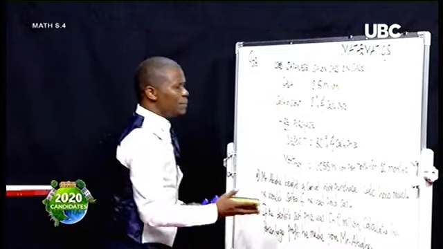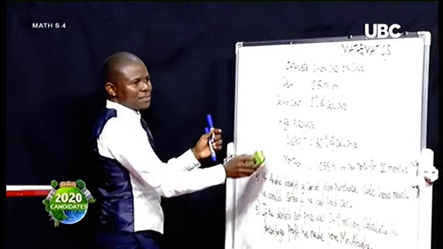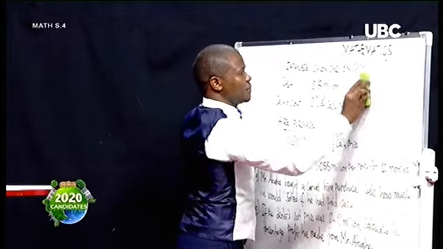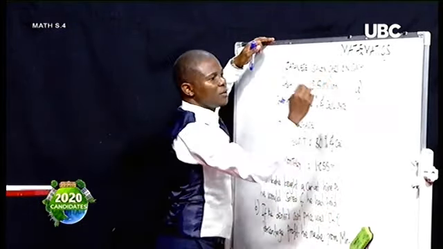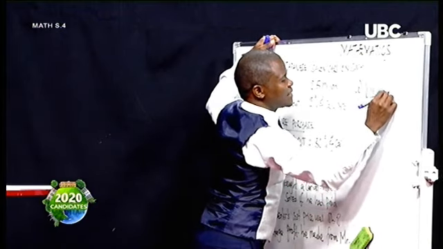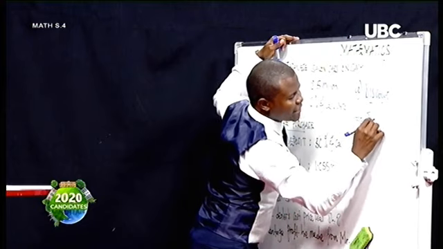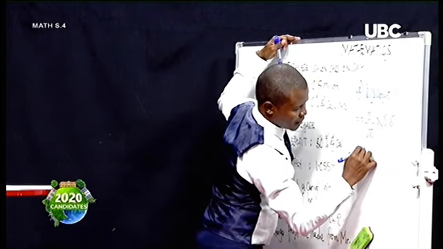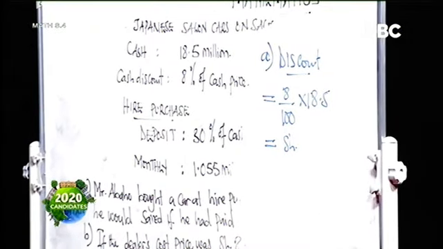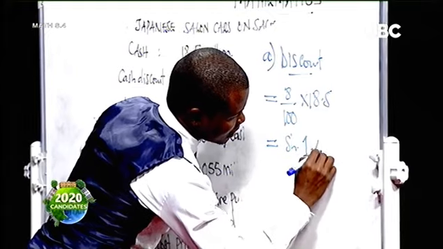So what you're going to do, step number 1, find out how much the 8% was. And the 8% in this case, part A, will say the discount that is given to people who come with cash is 8%, which is 8 over 100 times 18.5 million. So this is going to give us 1.48